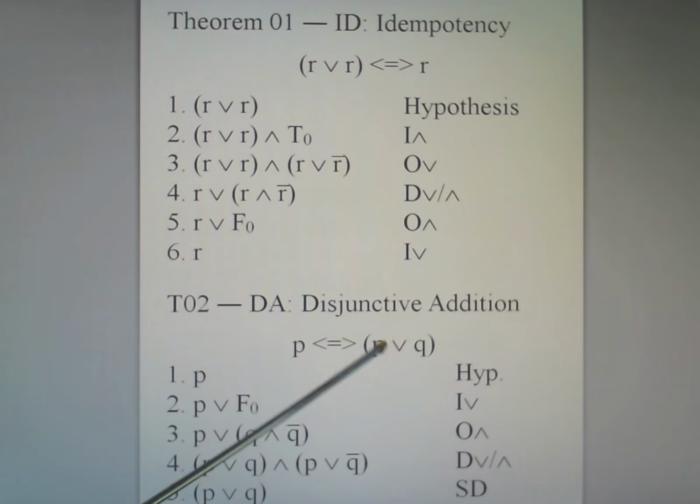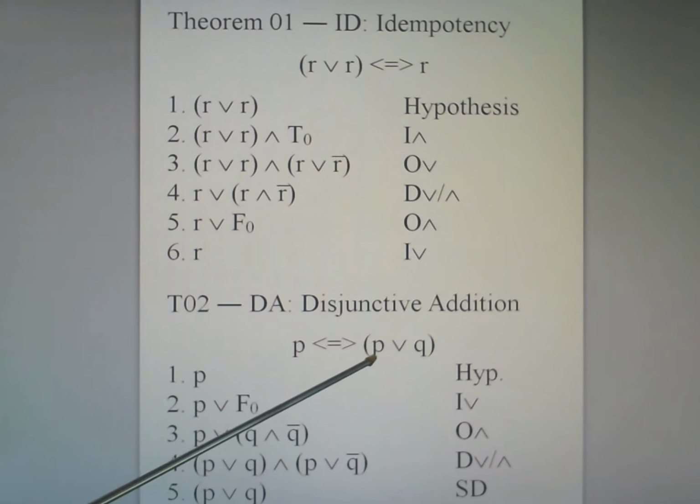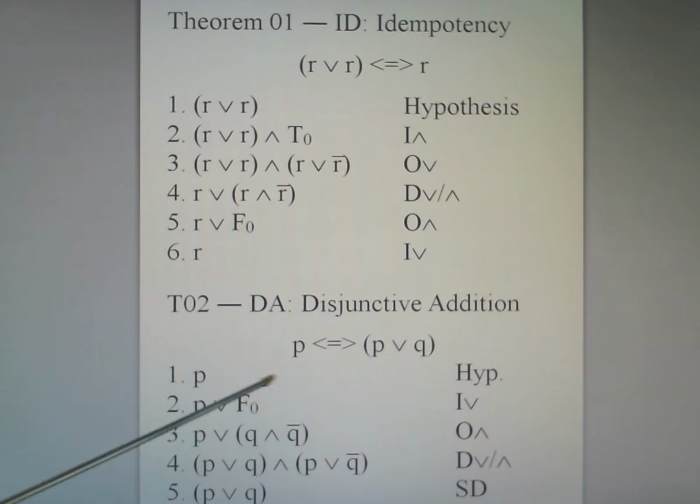And I just realized now that this should not be an implication. I made a mistake in this symbol here. I'll have to change that, because it is not true that P or Q necessarily implies the truth of P, because P or Q could be true when Q is true and P is false. And in that case, this equivalence I have here would be incorrect. And so this is not an appropriate representation. What I want is that P logically implies P or Q. That's because, of course, if P is true, then necessarily P or Q itself will be true.